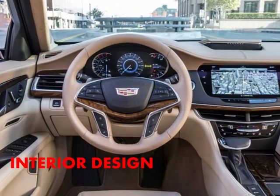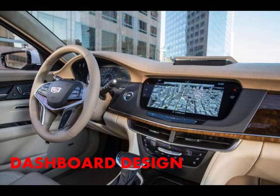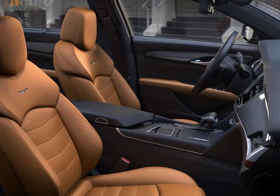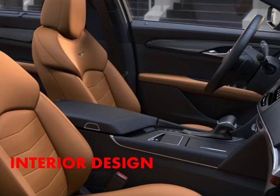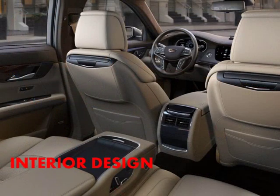If day 1 was for the passenger, day 2 was for the driver. Like the rock stars we aren't, journalists didn't have to deal with LA traffic on the drive day. Instead, Cadillac flew us by helicopter to rural San Diego County to drive the CT6 away from city traffic,